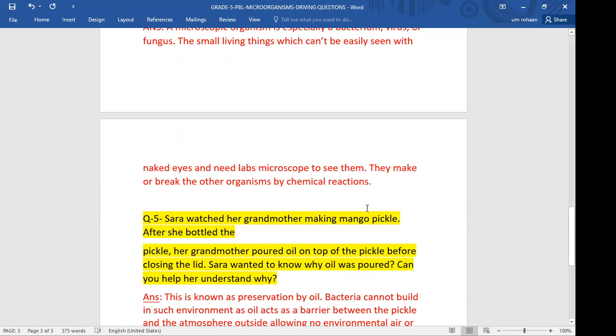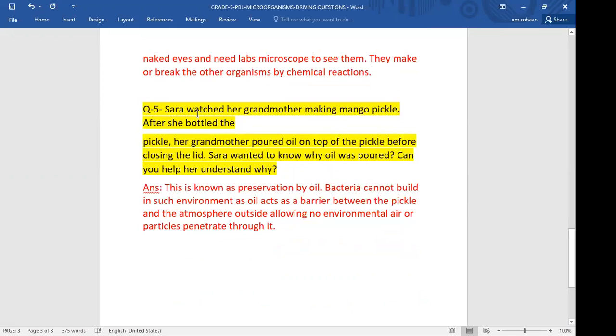Same, dead bodies decay, breads are molded, and when we make a cake, we use yeast in it, and a fungus kind of thing grows on the wood, on the trees, in the damp area. All such changes in a normal thing, from normal to its disaster, we have chemical reaction, and that chemical reaction is just because of microorganisms. Okay, got it?